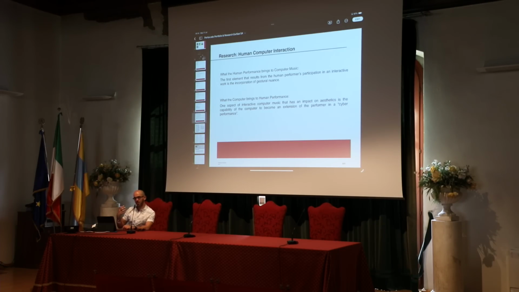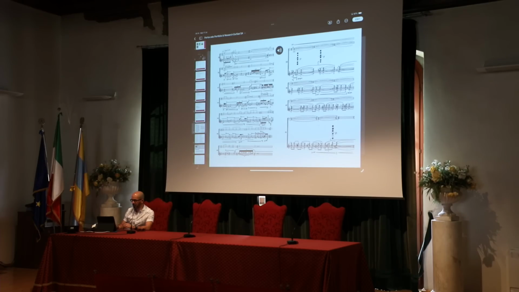So the system will not sound or behave as artificial. So we are constantly trying to humanize the systems, the Max patches, the programming, wherever. And we all know that the computer has the power to create cyber performance. So it's actually not only extending, but I prefer to use the term augmenting our capabilities.